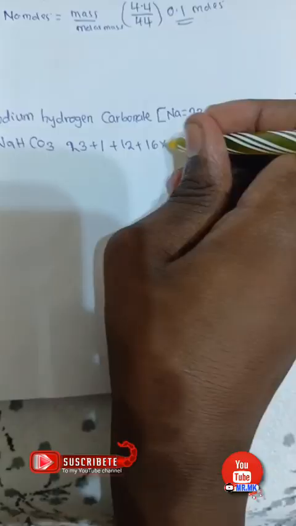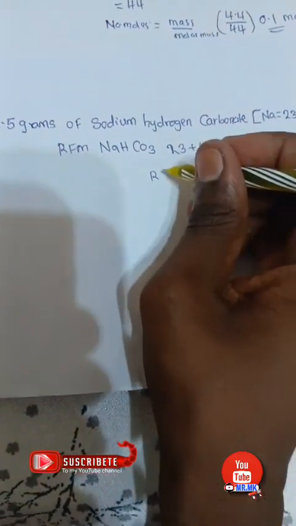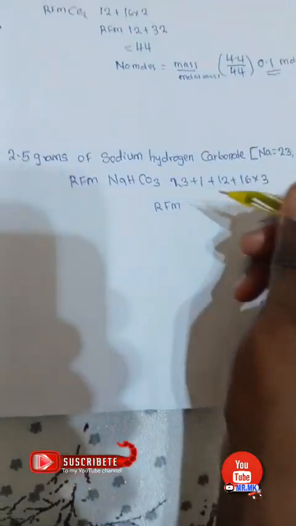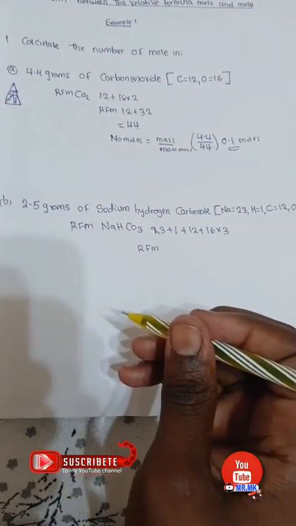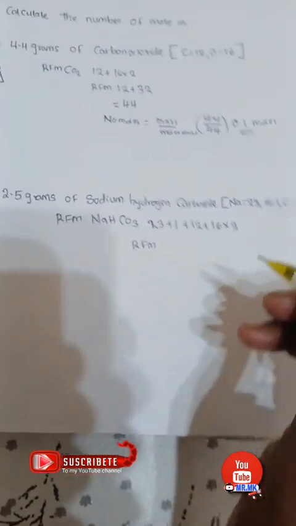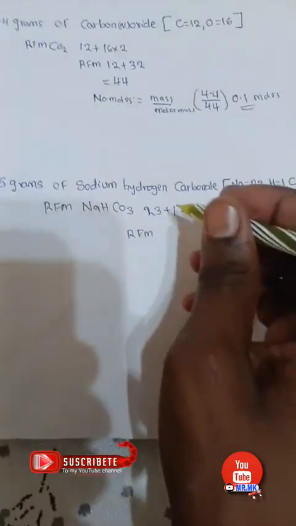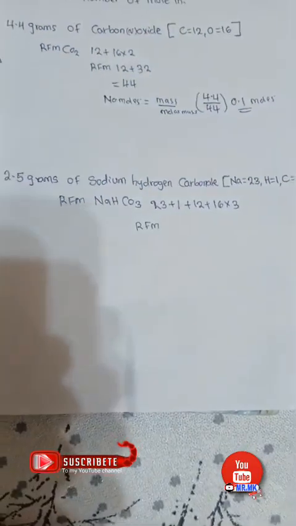Now you have to multiply 16 times 3. Now the RFM of sodium hydrogen carbonate will be 23 plus 1